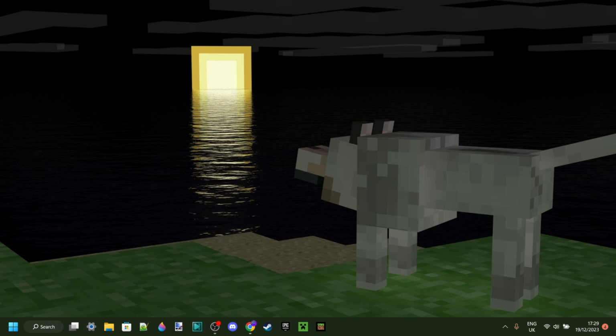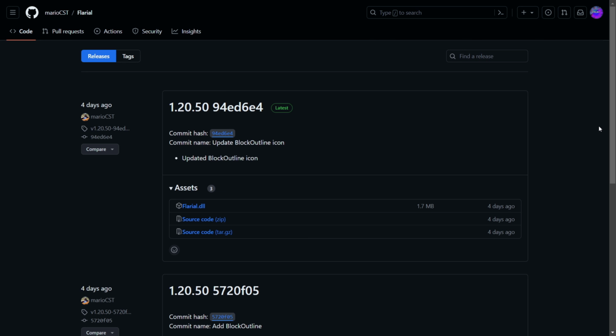I'm showing you how to download and use Flarial Client for 1.20.50, and of course 1.20.51 as well, for Minecraft Bedrock Edition. So to download the DLL file, you want to go ahead and get over to their GitHub page, which